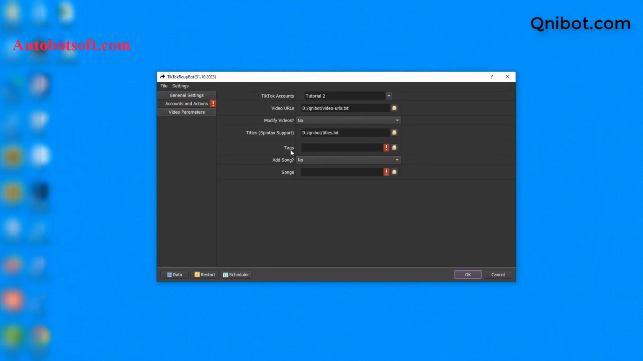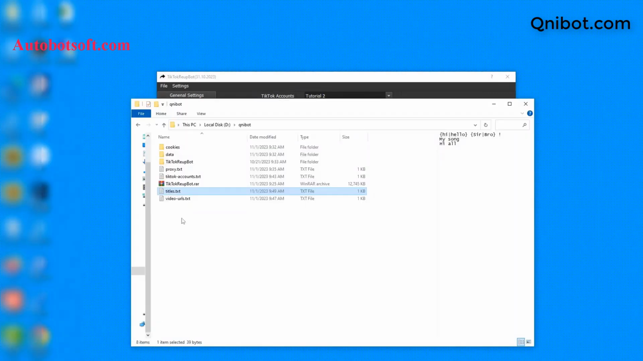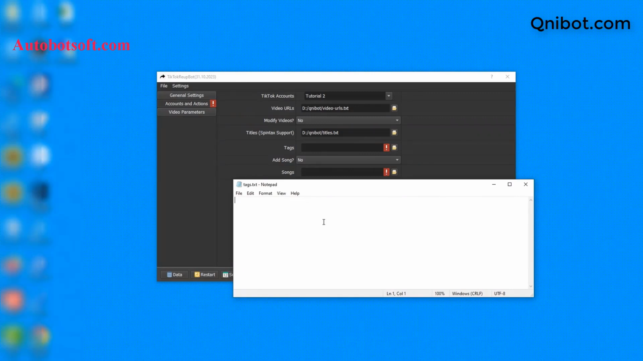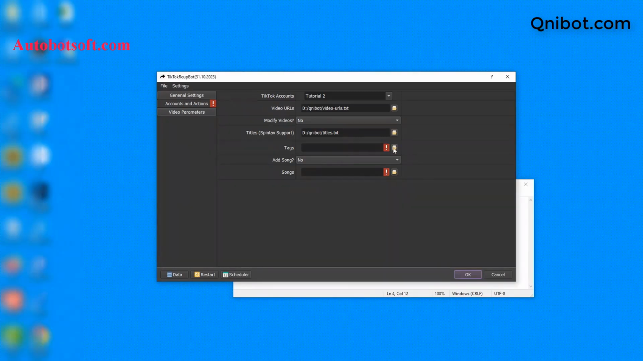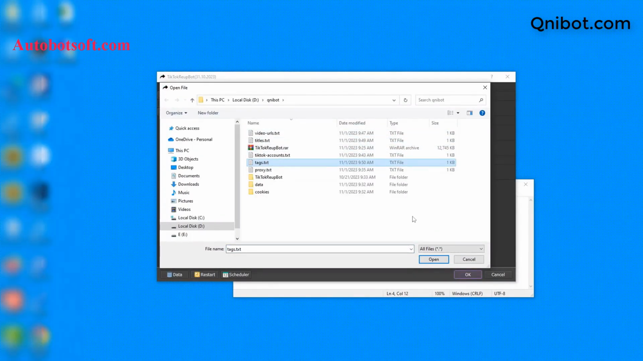Next, at text section, you need to create a new text file to save text that you want to use. You put each tag on one line. For example, these are the tags that I want to use. Then save this file. At text section, you click on this icon, select the created